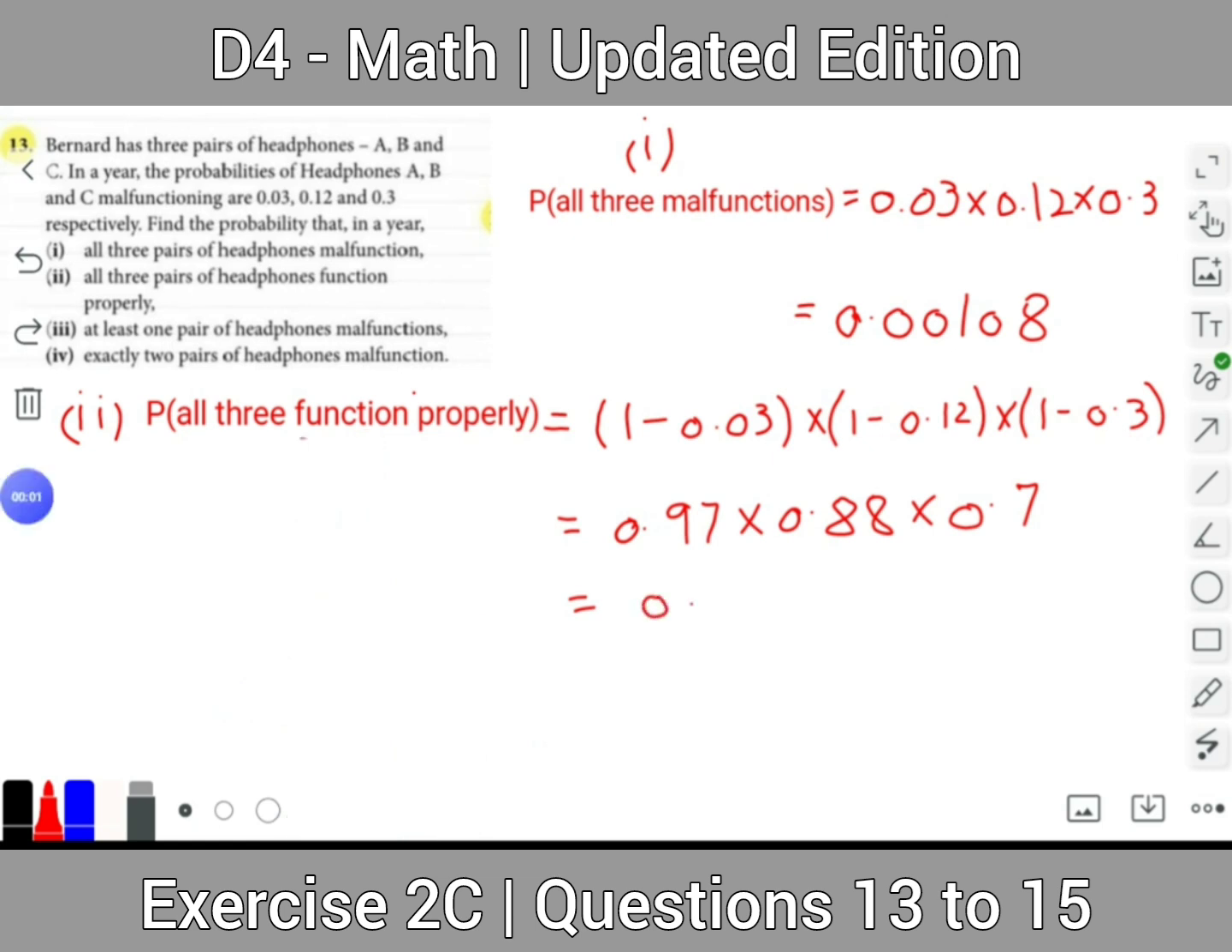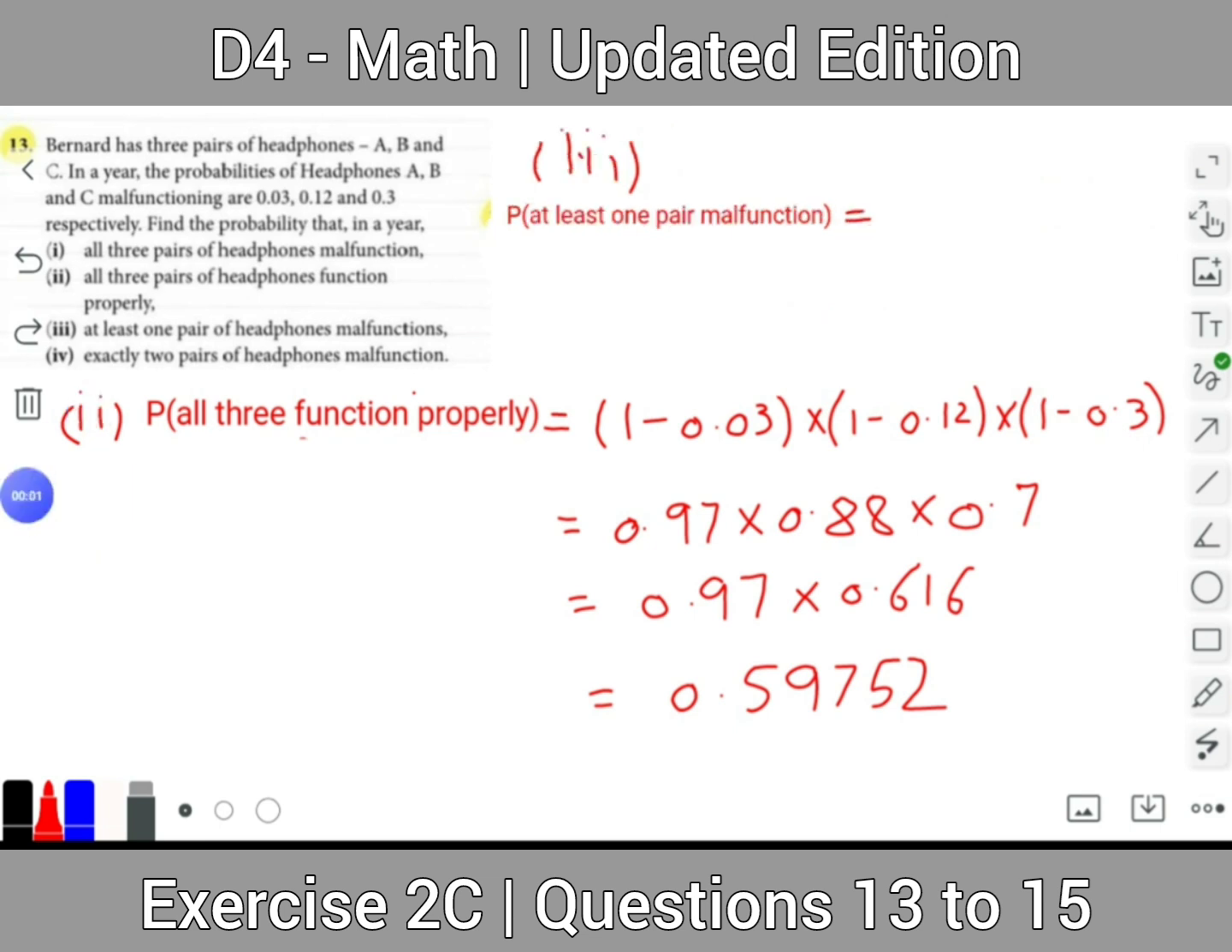Now after multiplying 0.88 with 0.7, we get 0.616, and after multiplying 0.97 with 0.616, we get 0.59752. So the probability that all three function properly is equal to 0.59752. Now in part 3, we have to find out the probability that at least one pair of headphones